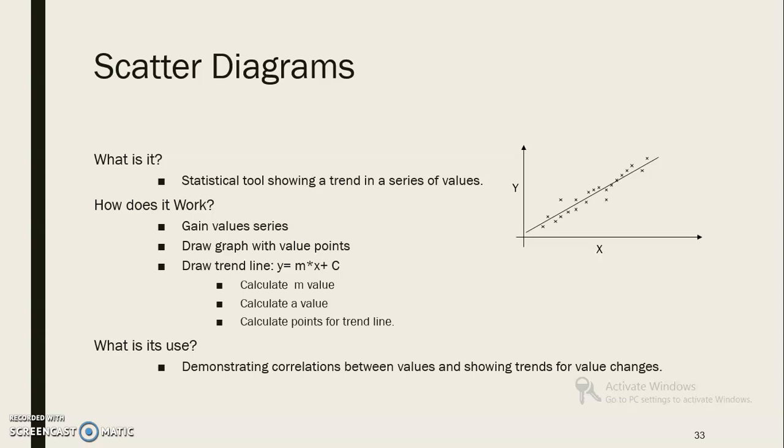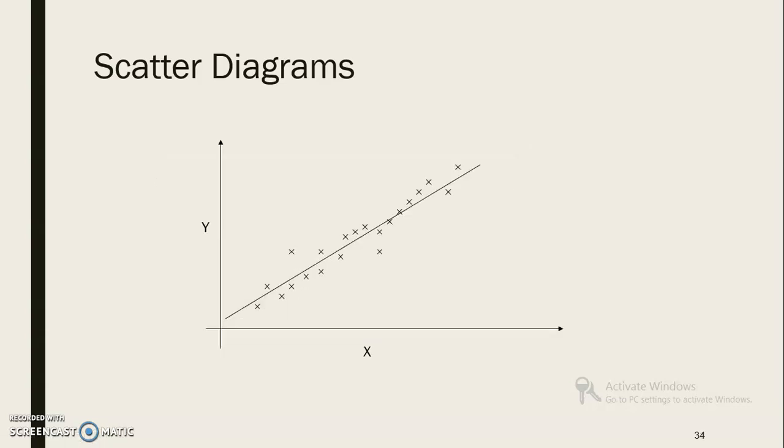So scatter diagram is actually a statistical tool based on the equation of the line y is equal to mx plus c. We have experience drawing the straight line by the equation of the straight line y is equal to mx plus c, and these are the scattered data points, and arbitrarily we are drawing this straight line, right? So it is actually the correlation between input and output. Means if a change in input happens, then what is the effect on output? There are different relations. Means what? If input increases, there is an increase in output.